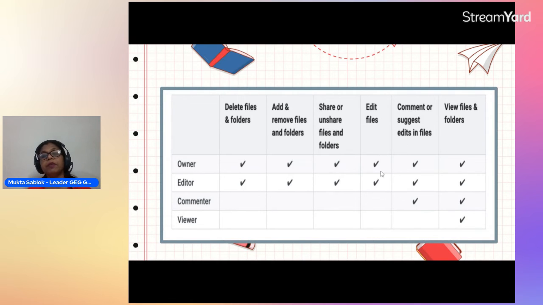Edit files can be done by only the owner and the editor. Comments or suggest edits in files can be done by the owner, editor, and the commenter. And view files and folders can be done by all four, that is, viewers.